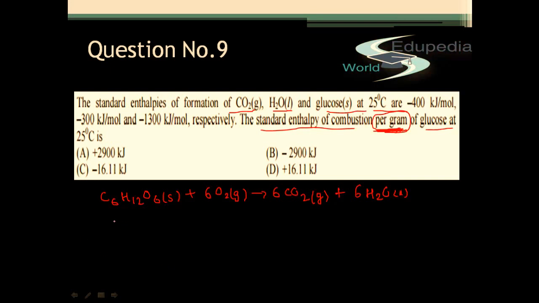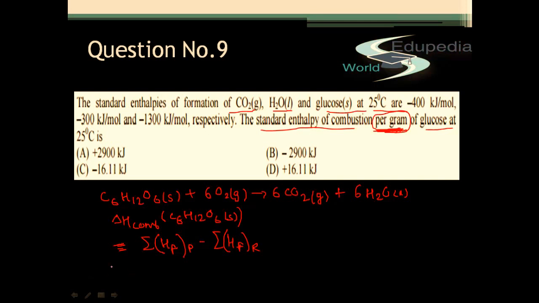This is the reaction. Now the delta H for the above reaction will be simply the delta H combustion of glucose, and the delta H of above reaction, or rather the delta H of any reaction, can be written in terms of delta HF: sigma HF of products minus sigma HF of reactants, that is the total enthalpy of formation of reactants. This is how we can write delta H for any reaction.